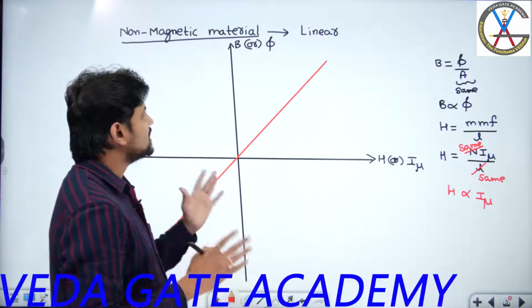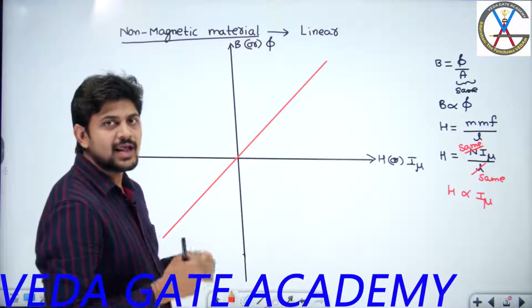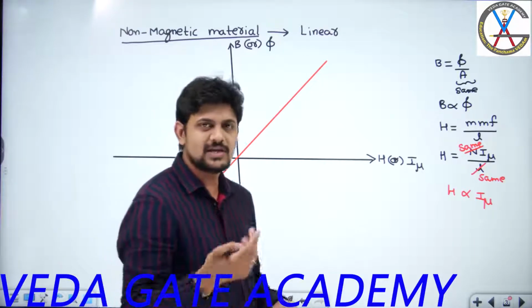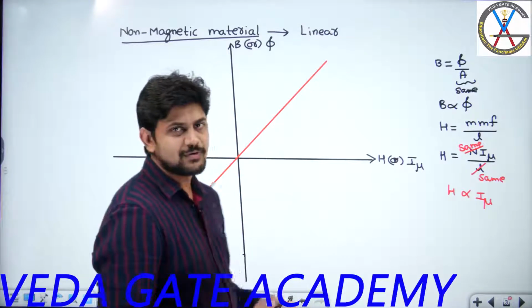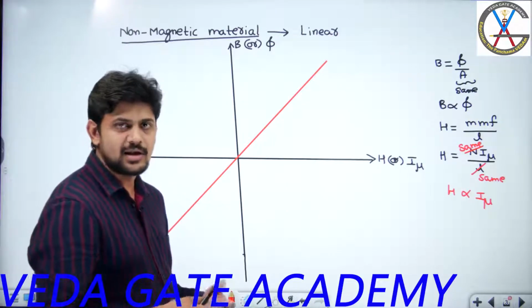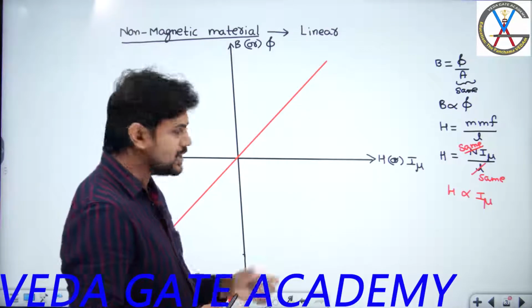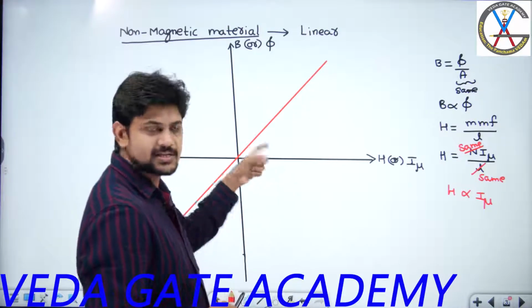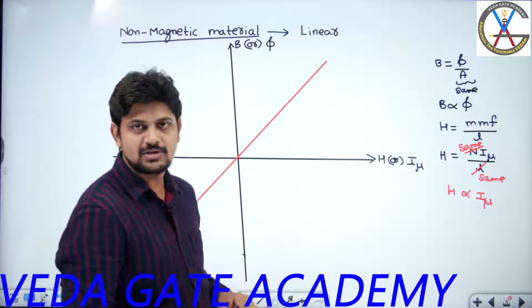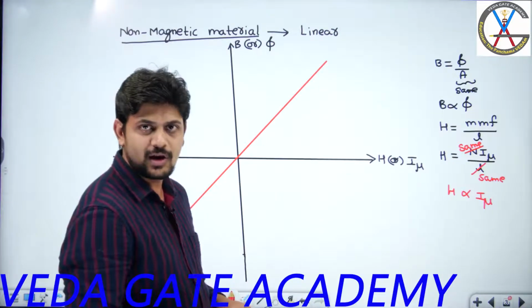So now if I try to consider a linear machine, where I am designing an air core transformer, consider an air core transformer. An air core transformer is obviously a linear transformer or linear machine. So if you try to draw the BH characteristics, you will get a linear graph. That means if current is increased by 10%, the flux produced by that linear machine is also increased by 10%. Are you following what I am saying?